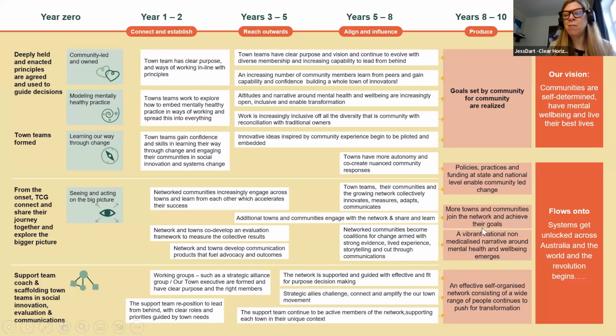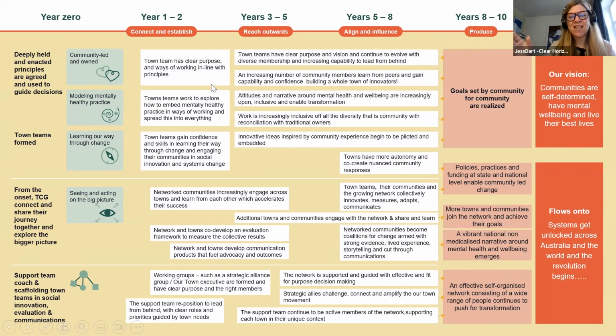Here it is. It's a bit complicated, but you can have a look at it afterwards. But we co-designed this with towns, and it's the overarching theory of change for a whole 10 years initiative, but it helped us understand the phases. So I'm going to leave this as something for you to look at afterwards. You don't have time to look at it fully now, but you can see that